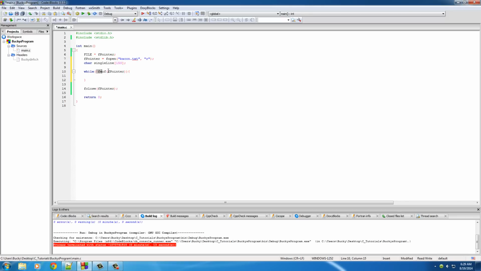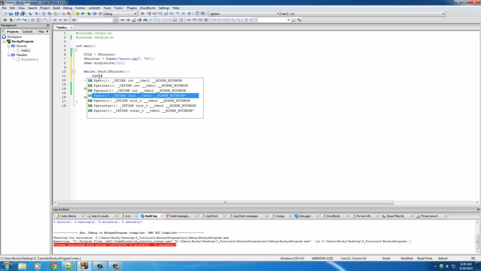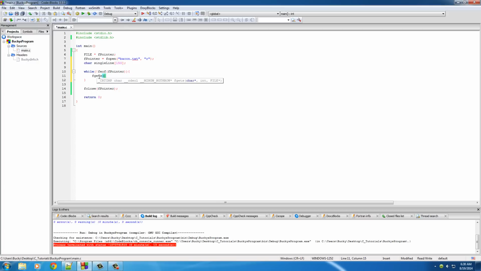And what this is going to say is keep looping until you get to the end of the file. In other words, as long as the file pointer did not reach the end of the file yet, continue to run this. Simple enough. So now we can just go ahead and the first thing that we need to do is actually say, okay, F gets one line, just like it does in the command line. So F gets single line